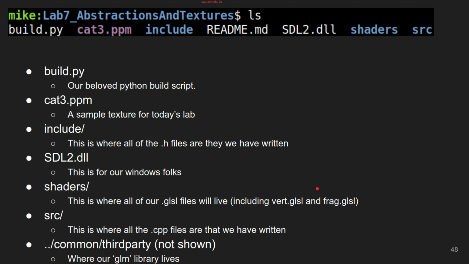And for some folks, this might be a lot of C++ code at once, so I just want to show you how to explore it and give you the high-level view of our abstraction. So if you go into the Lab 7 folder and just type ls, you'll see our folder structure. It's pretty much the same here. We have our build file. We're going to have a cat texture today for today's lab. You'll see it later. We have our include, where all of our .h or HPP files are. You'll have SDL2 DLL for folks to have that. The shaders folder for vertex and fragment shader, the source folder, and then you have your common third-party library where